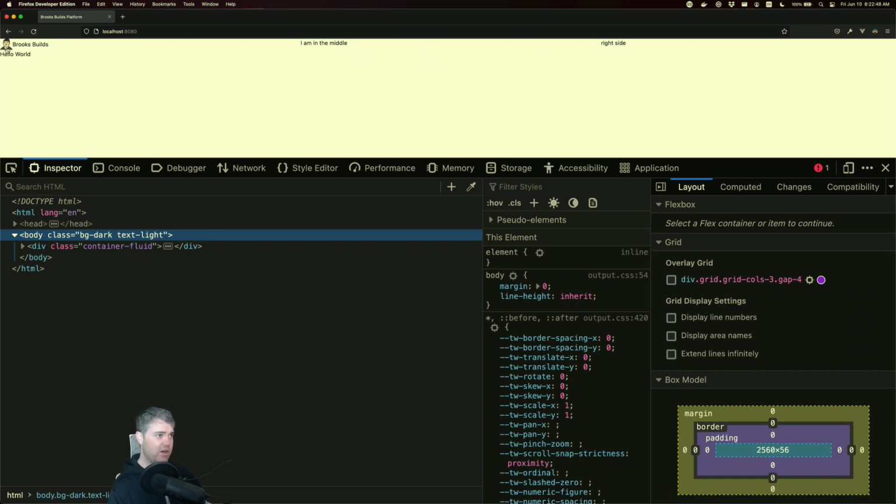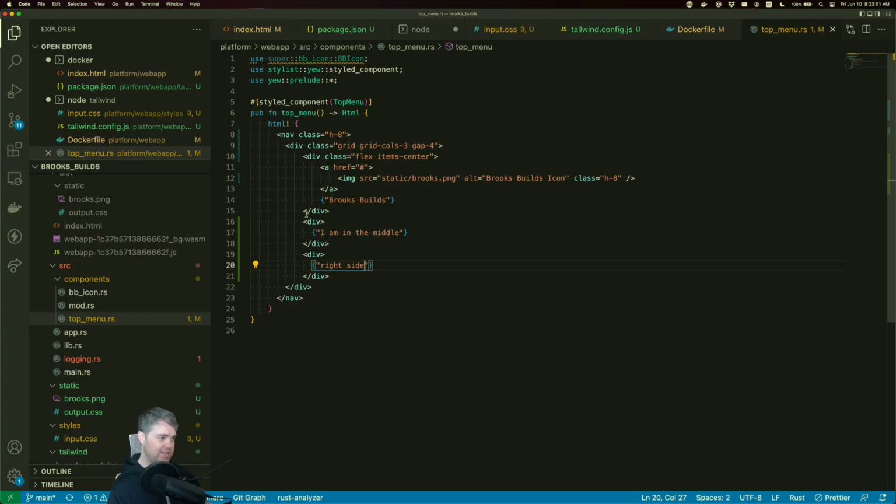And they kind of are. They're left side aligned. So this one I want aligned to the left. This one I want aligned in the middle. And this one I want on the right. So that might be